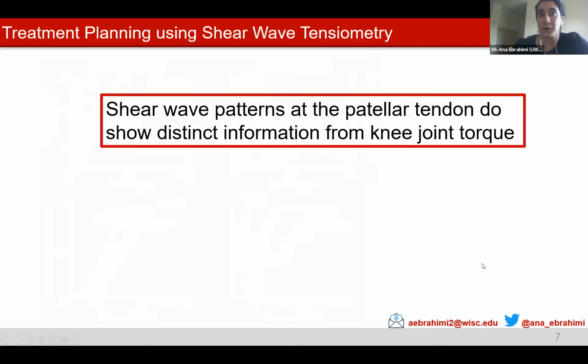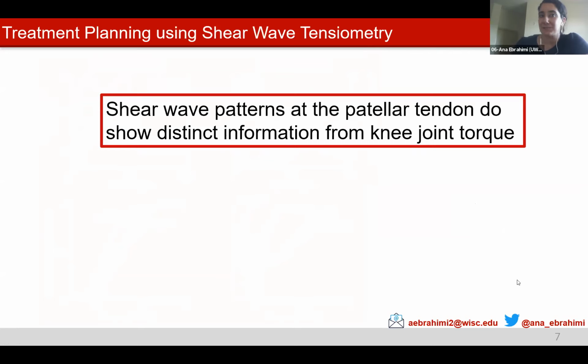And so overall, the purpose of this study was to determine the unique information gained from shear wave tensiometry over conventional gait metrics like joint torque. So in summary, this study showed that Achilles tendon wave speeds can capture the net ankle loading seen in pathological gait. And in particular, patellar tendon wave speeds tracked periods of both knee extensor loading and may also capture periods of co-contraction. So we're encouraged by these results that shear wave tensiometry can be used to help guide treatments of